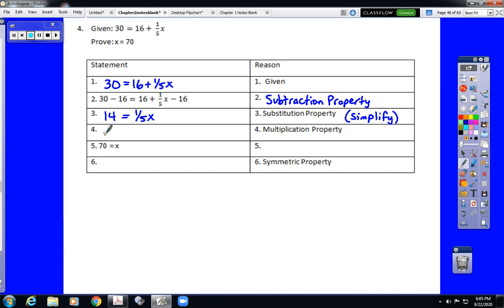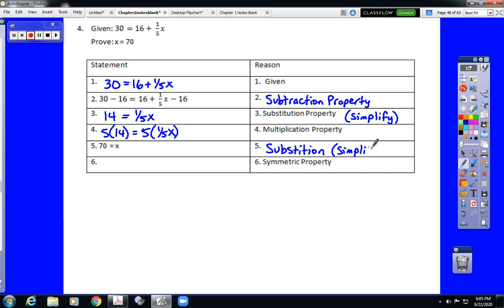The next step then would be to get rid of the 1/5. We get rid of the 1/5 by multiplying each side of the equation by 5. So we do 5 times 14, 5 times 1/5 x. Again, we show that in step 4, which is labeled multiplication property, and then we simplify that using the substitution